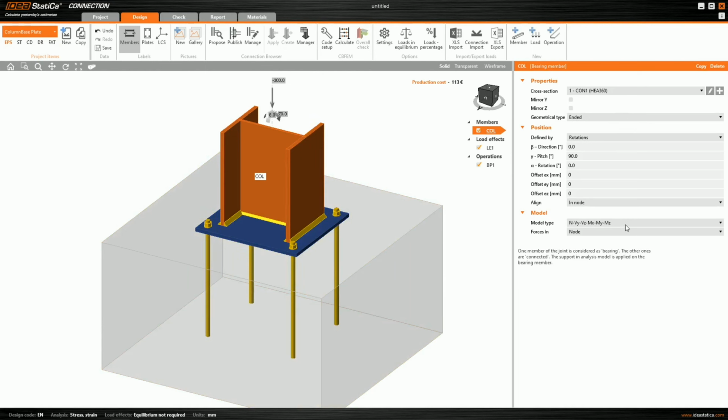The model type is in accordance with your support. What was the assumption in your support? Do you assume this to be fixed? If you assumed it to be fixed, then you definitely have moments introduced to your foundation or to your nodes. If you could consider just the wires,